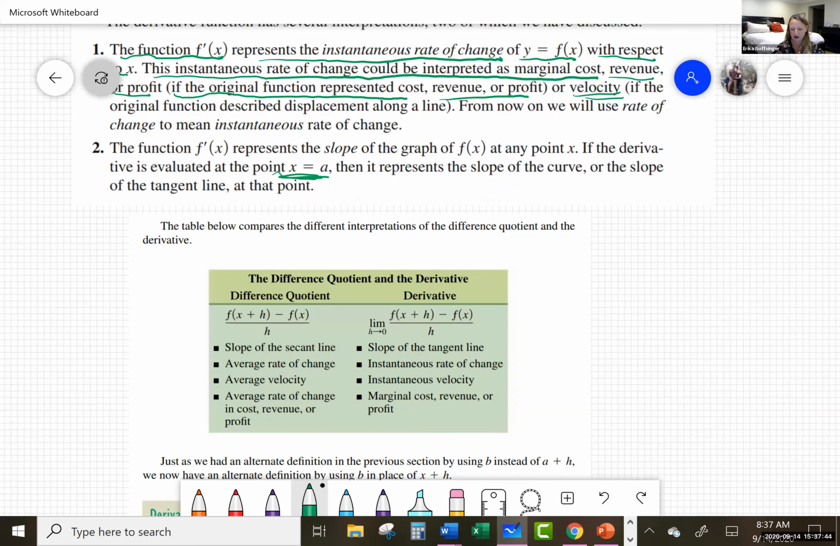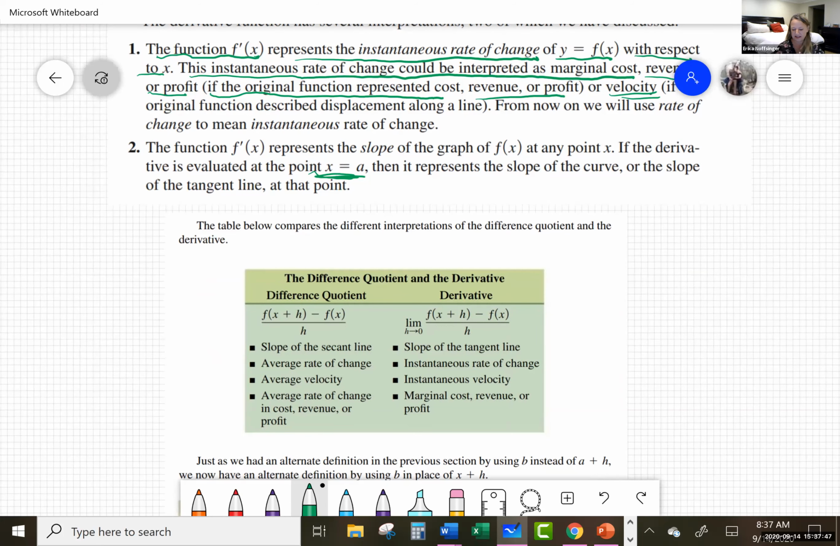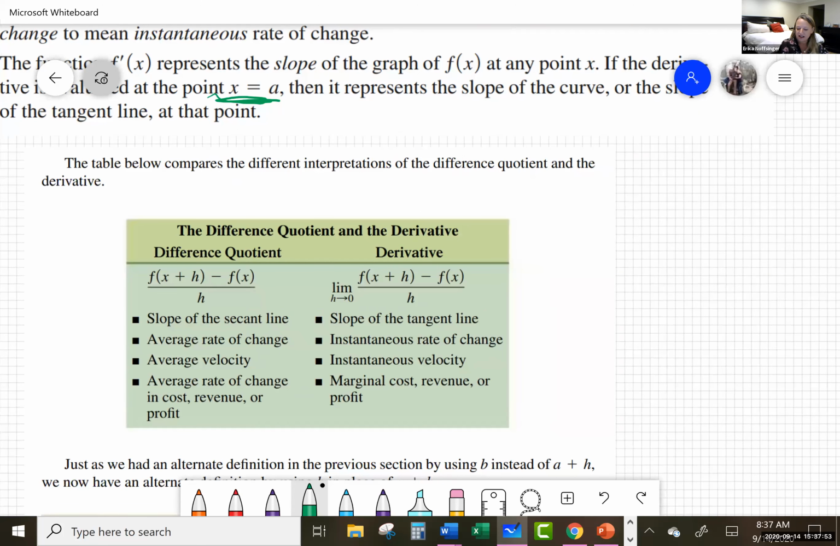Okay, so we looked at evaluating last week this f of x plus h minus f of x all over h. We saw that this was a couple things to denote this. This was the slope of the secant line. We denoted this as the average rate of change between 2 points. It's also the average velocity, or we think of it as the average rate of change of cost, revenue, or profit. But once you throw in that limit in there as h approaches 0, so that's our only difference, we